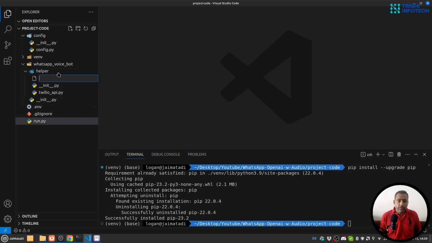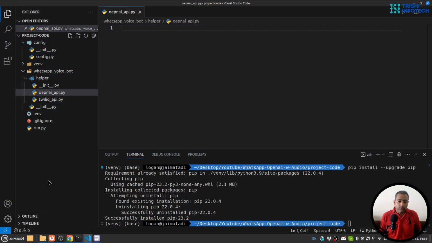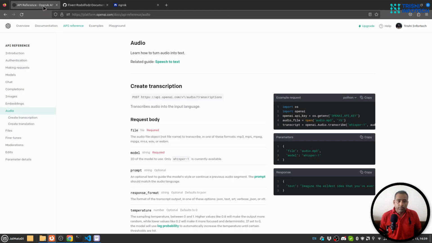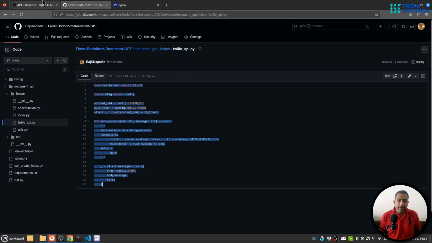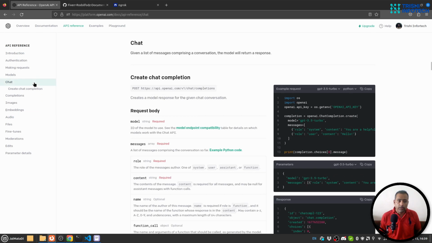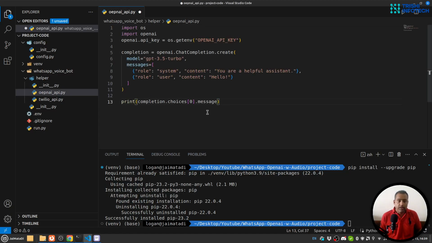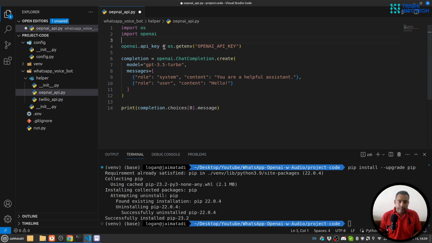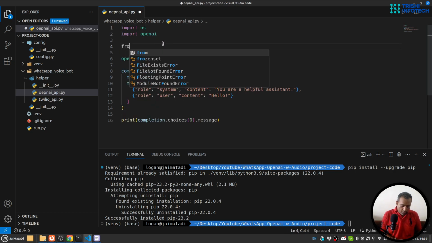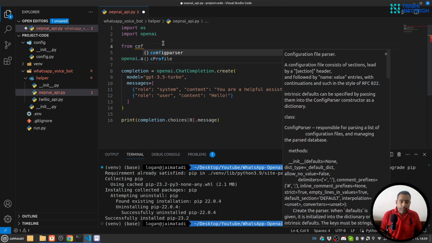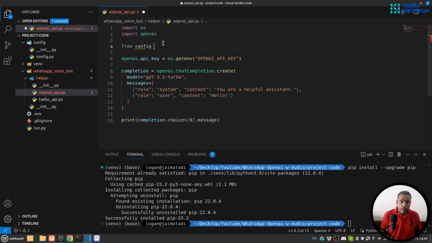Now let me create another file which will be our openai_api.py, and here I'll write a function to call ChatGPT. So for example, this is the code. Let me copy this. Here I'll say from config import config,